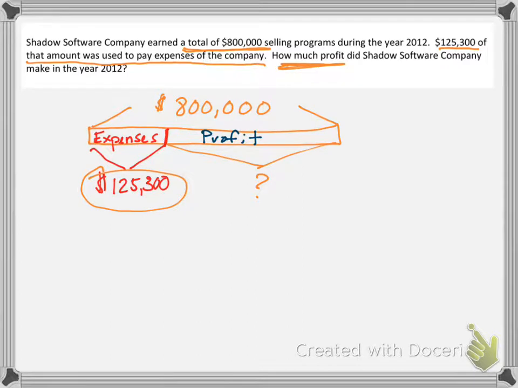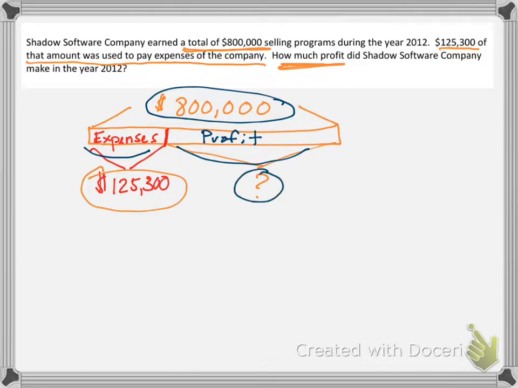So this is a side-by-side tape diagram, and this is showing part, whole of the tape diagram. It's beautifully created, showing part, whole. Now, in order to find this missing value, to find out exactly how much money they earned, we would be doing subtraction. So let's put 800,000 on top,